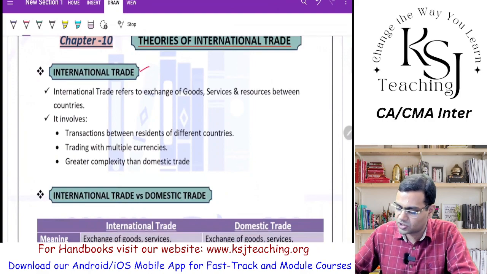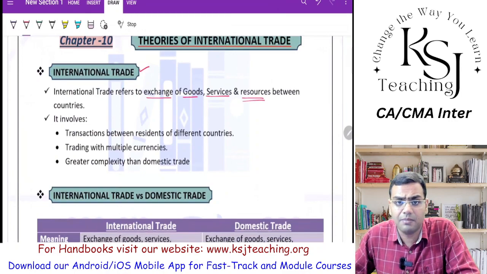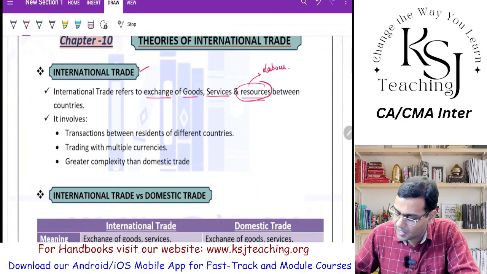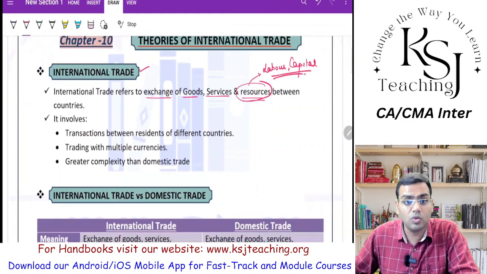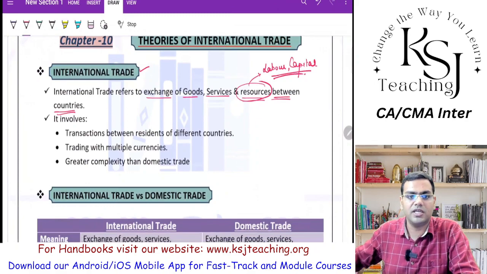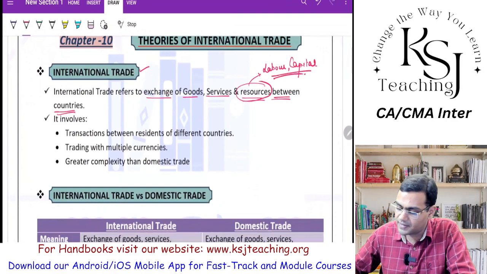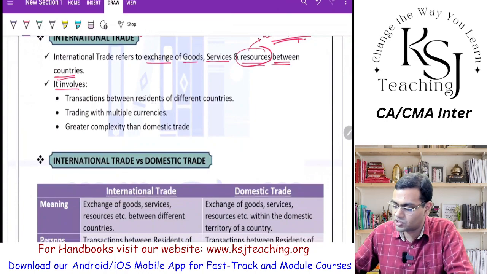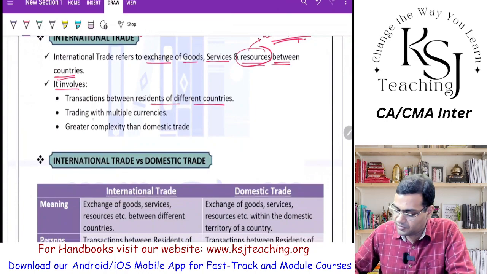International trade refers to the exchange of goods, services and resources. Any resources, it can be labor, it can be capital, right? The exchange of resources, goods and services between the countries. So between different countries, when there is an exchange of goods, services and resources, that is when we say there is international trade. So it involves transactions between the residents of different countries